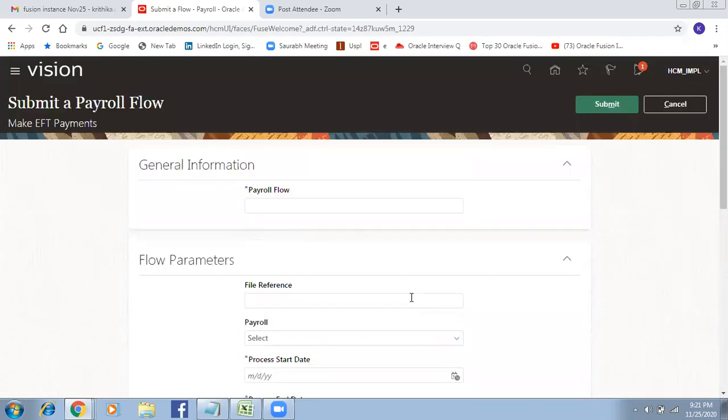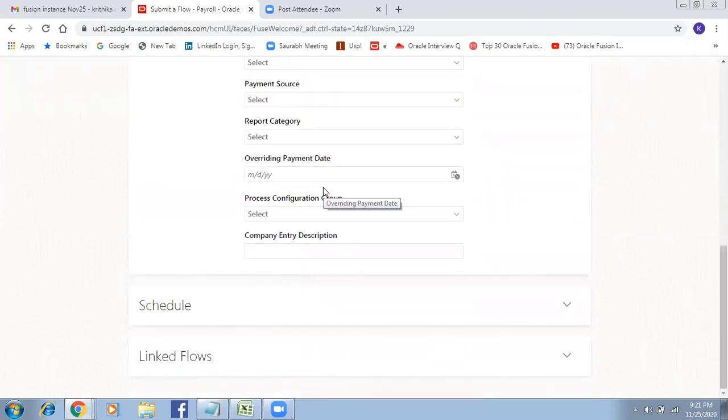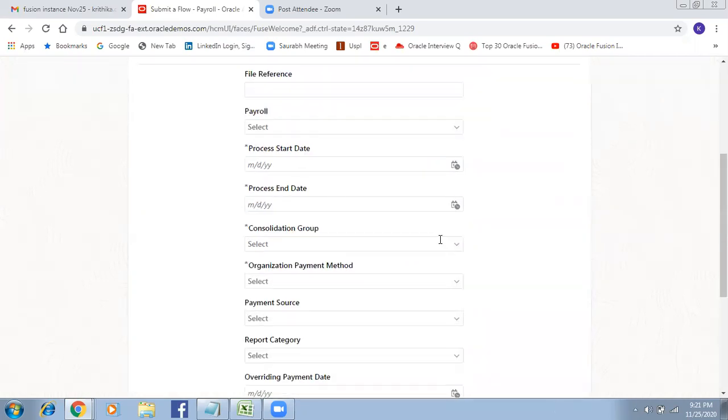EFT prepares a file for sending to the bank. So when I say submit, what file will be created? The file is created in the backend. So that file will be picked up and sent to the bank. That will be a technical guy's job. Yes, we just need to submit here.